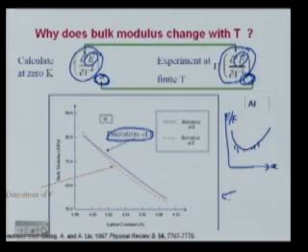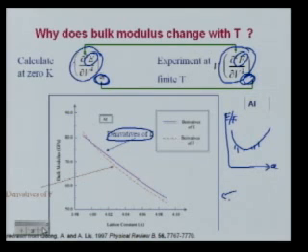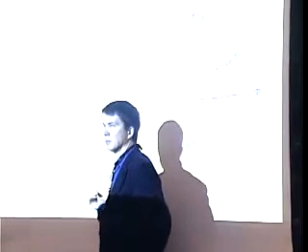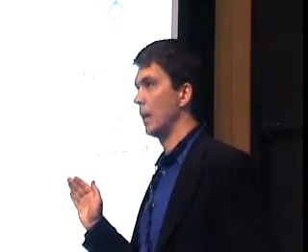Because at a given lattice parameter, whether I take the derivative of the energy or the free energy is not a big error. Where does the biggest error come from? It's that I'm not at the right lattice parameter. So what causes the temperature dependence of the bulk modulus is the fact that the lattice parameter changes with temperature. And now we've made a really big step forward, because if we're willing to work with that approximation, then all we need to do is get the lattice parameter as a function of temperature and just calculate the curvature of the energy at that lattice parameter, and we have a good approximation to